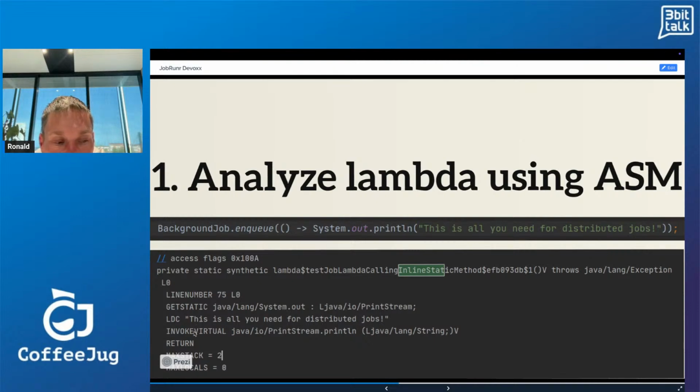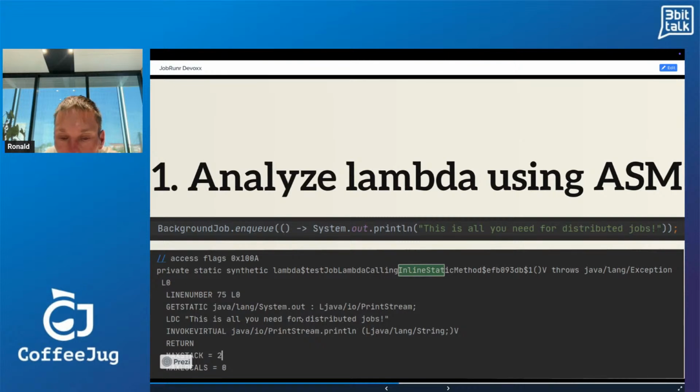And then here, the invokevirtual, that's in fact the method that we as JobRunner are really interested in, because that's the method that we want to run as a background job. So what does it do? The println method is called with, as an argument, the string that we earlier on passed on the stack. And that's all there is to it.